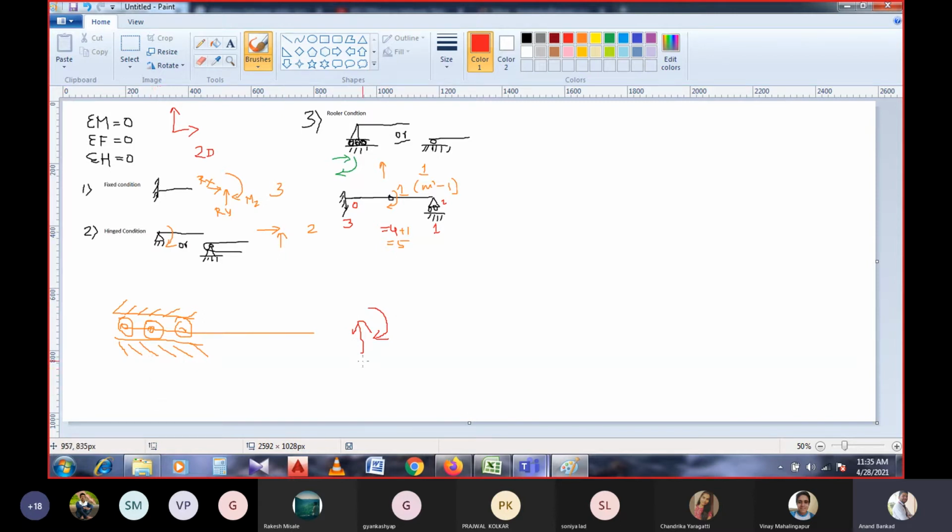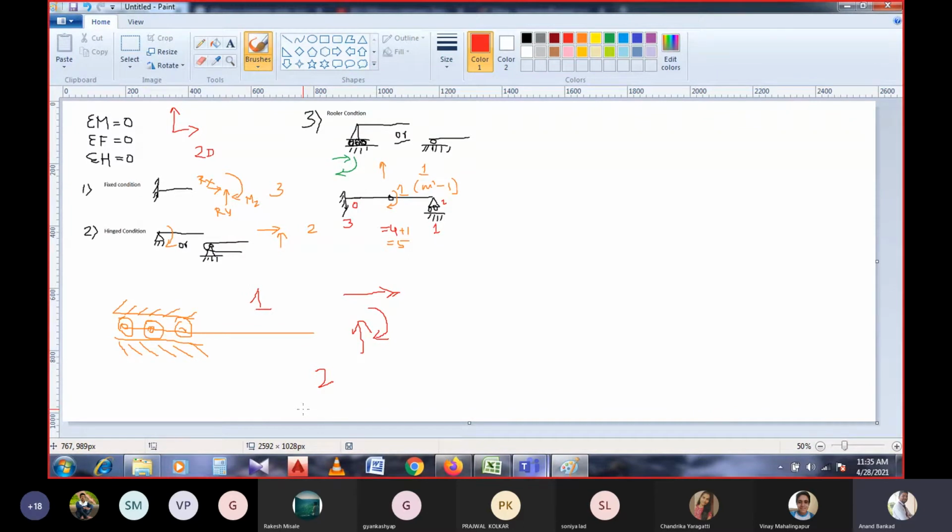The vertical reaction as well as the moment will be generated in this structure when the beam is loaded, but the horizontal movement is allowed. The degrees of freedom is 1 and the number of reactions in the support is 2. You must remember what the degrees of freedom are over here and what the number of reactions is for the particular support and beam. When you calculate the degrees of freedom, that is nothing but the kinematic indeterminacy for the particular structure.